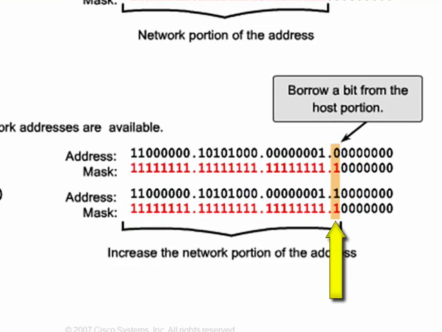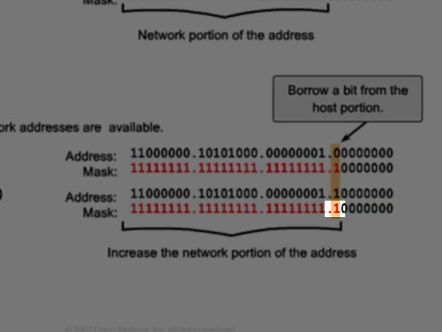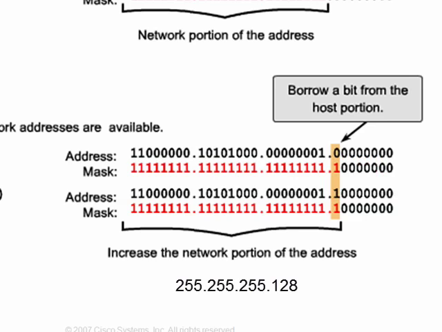In this case, the first bit of the original 8-bit host portion is used for subnet creation, which leaves 7 bits for host addresses. The borrowing is indicated by changing the first bit in the last octet of the subnet mask from a 0 to a 1, which results in the new subnet mask